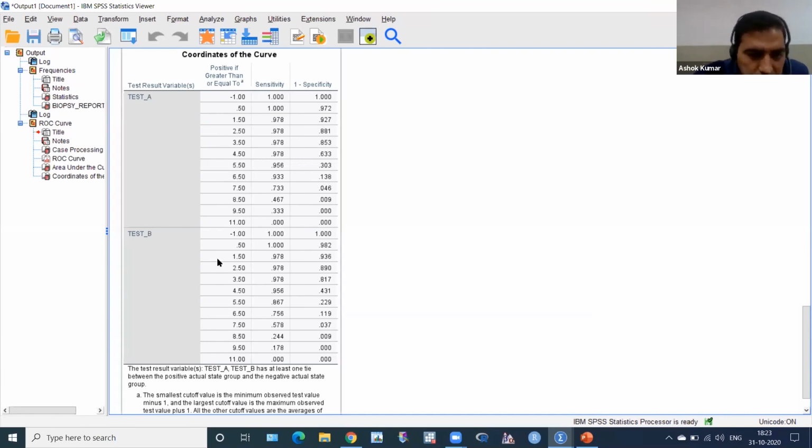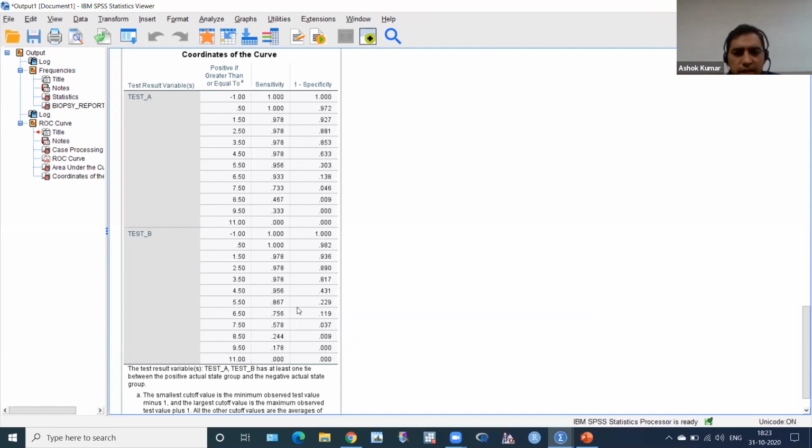You have to think about test B, and please think what the cutoff value is. I think you will get it. You have to think about what the cutoff point of test B is, and if you have time you can type in the chat box, otherwise you can just think about it.